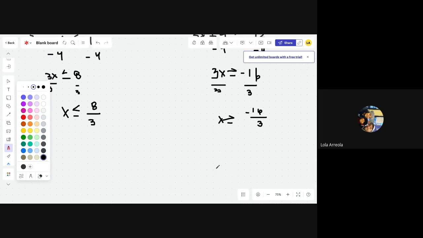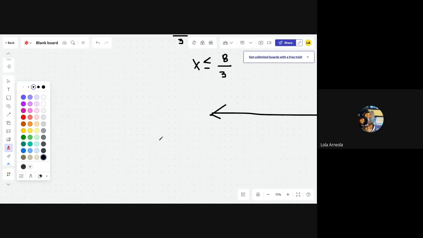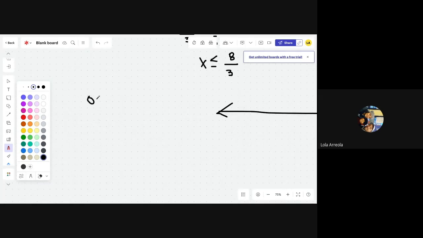Okay, now we can graph these points on the number line. When I graph these points, I have two scenarios. Open or closed doesn't matter. One could be open, one could be closed, or they can both be closed or both be open. But I have either this, which is in between, okay, I'm not going to spell that out, but in between, or I have this